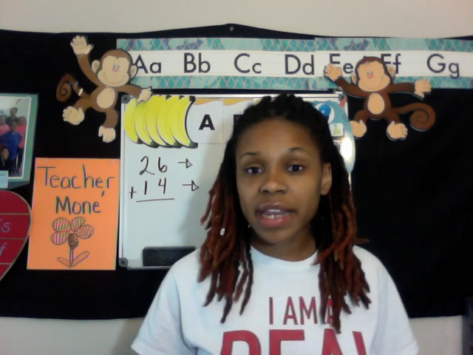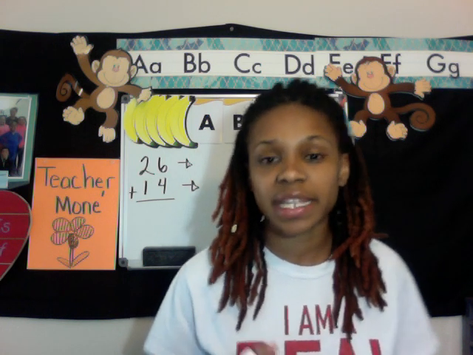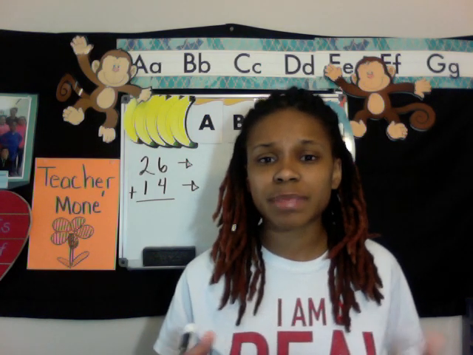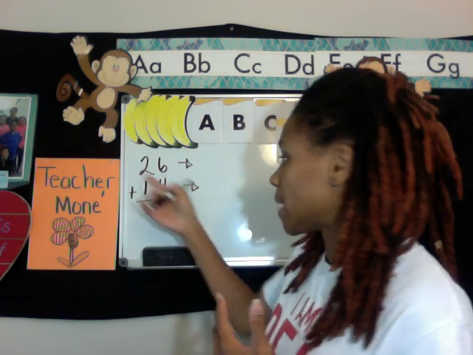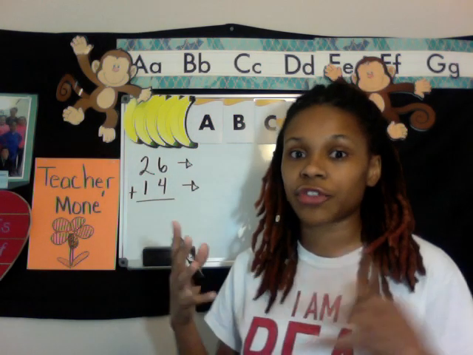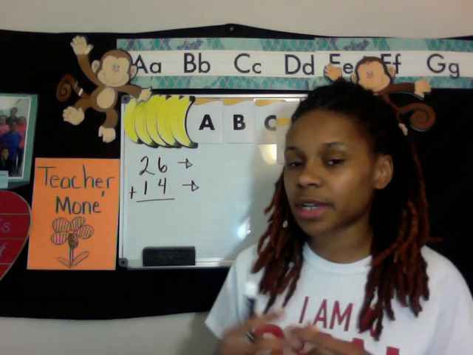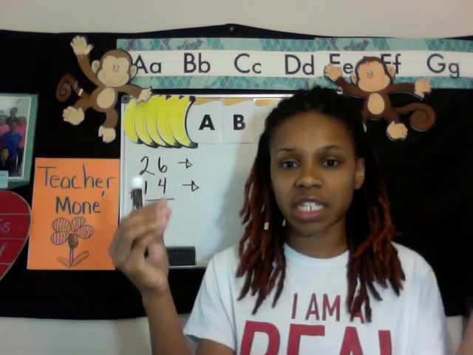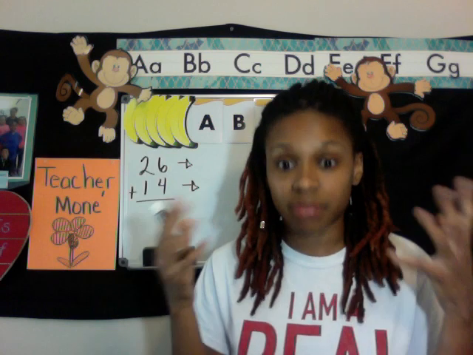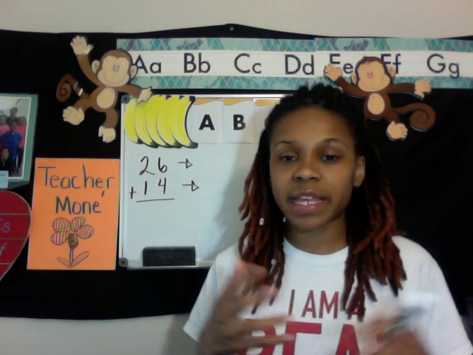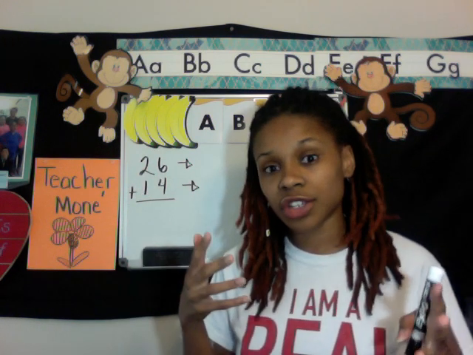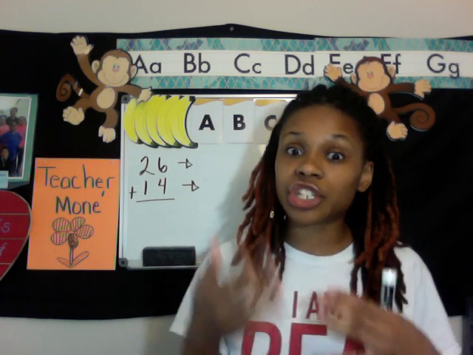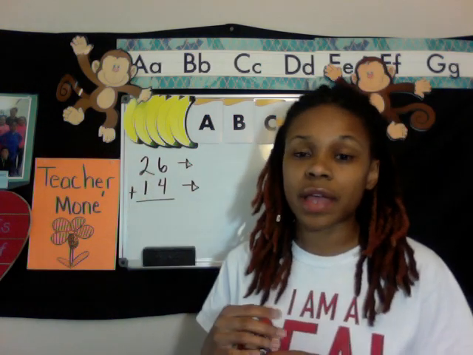So I want to go ahead and jump quickly into this video and show you how to do this strategy of adding using place value. And when I say place value, that means specifically that a number in its standard form, for example, 26 here, is already in its standard form. That means just the number. They want that number to be expanded or stretched out, which is why I teach the kids to either expand it or stretch it out by its place value. So this 26, the 2 in the 26 is 20, not a 2, it is 20, which means there are 2 10s in this place value. Okay? The 6,